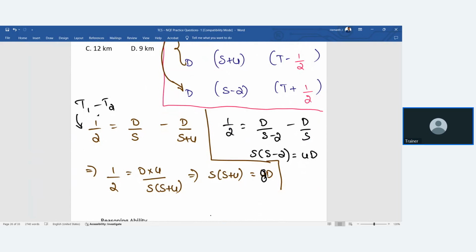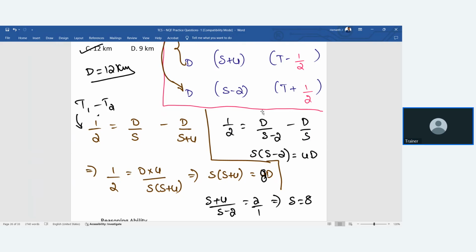Now dividing these two, S and S cancel. S plus 4 divided by S minus 2 is 2 by 1. So cross multiplying, S plus 4 equals 2S minus 4, so S equals 8. If I'm not wrong, we got the S value 8. When I know the S value 8, the D value is nothing but 12. So D is 12